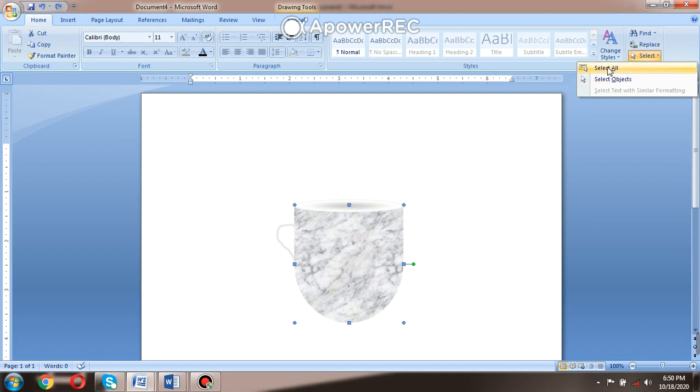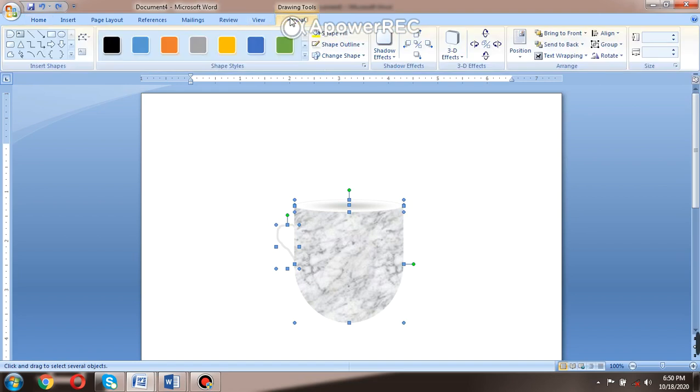You say select object. You click at this. You hold your shift key, you click at this. You hold your shift key, you click at this. Now you come to format. Now you will see